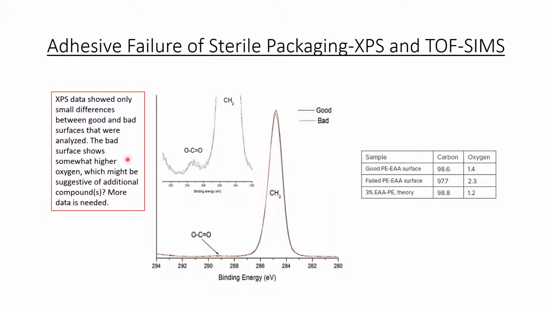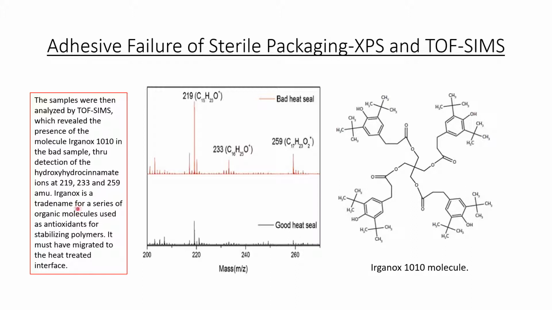XPS data showed only small differences between the good and bad surfaces. The bad surface shows somewhat higher oxygen, as you can see from the table here, which might be suggestive of additional compounds. More data is needed. The samples were then analyzed by TOF-SIMS, which revealed the presence of the organic molecule Irganox 1010 in the bad sample through the detection of the